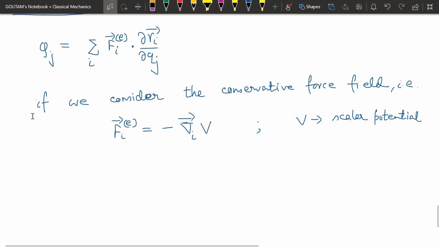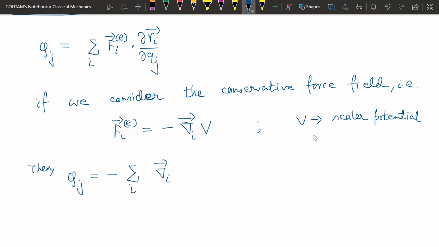So if we assume that these external forces can be derived from a scalar potential, which basically means it is conservative, then this Qj equals minus the sum over i of the gradient of V dot del ri del qj,